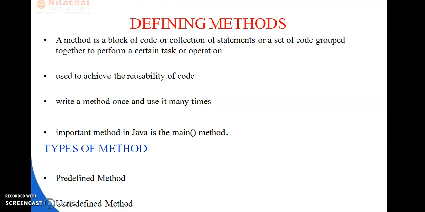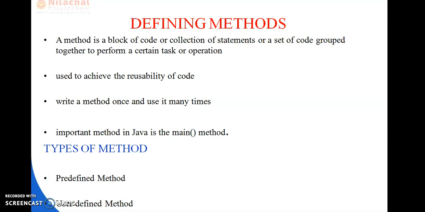Means, what are the objectives behind the method declaration, how you define the code inside a method, and the code that will be executed inside that method, you should have good knowledge.